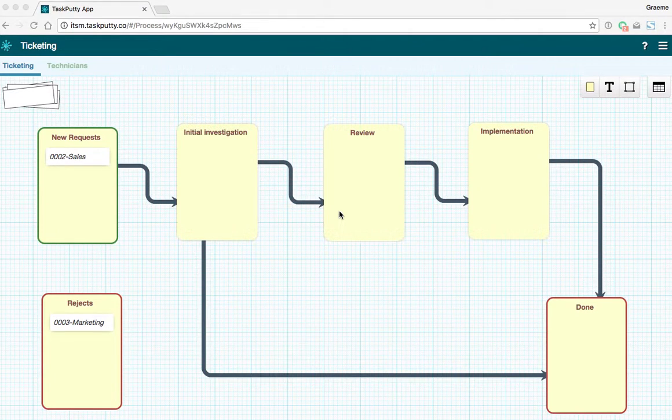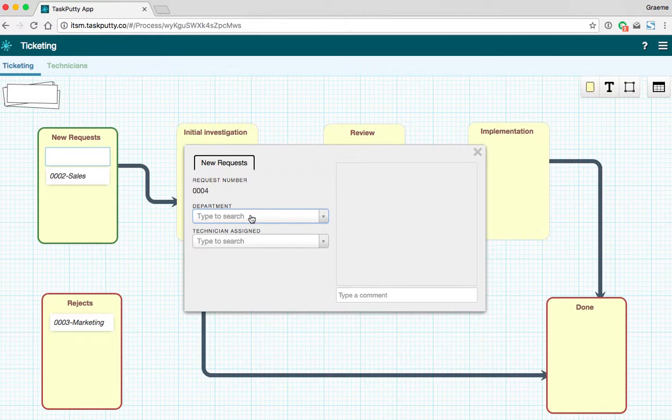Hi Dave, this is just a very quick demo of our product TaskBuddy and how it might be used in IT service management. So I've drawn out a very simple process over here, how I imagine IT problems can be solved in smaller businesses. So generally how it works is, someone logs a ticket, you capture some information